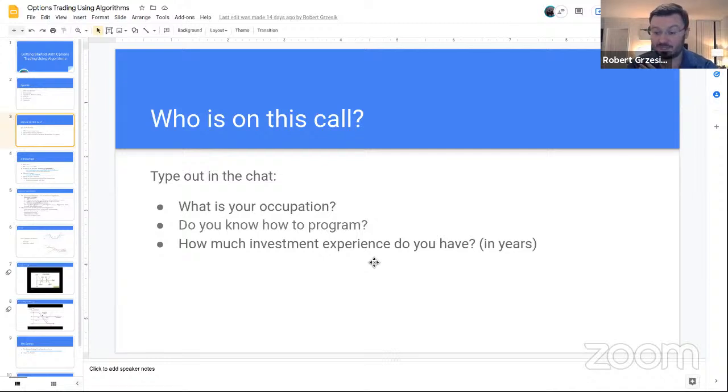So my occupation is I'm a CEO of Lumiwealth, right? This is a company that we started about 2 years ago. It's grown quite a bit since then. What we really focus on at Lumiwealth is helping people use code to improve their investments, right? I have a very strong belief in the future of investing being a lot to do with software. So that's what we're working on, really.